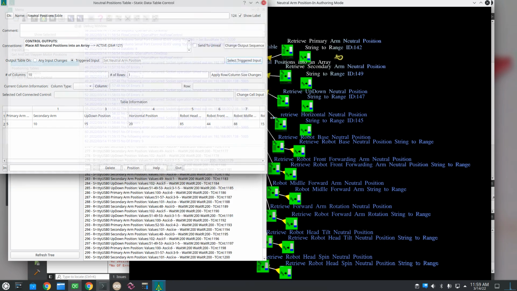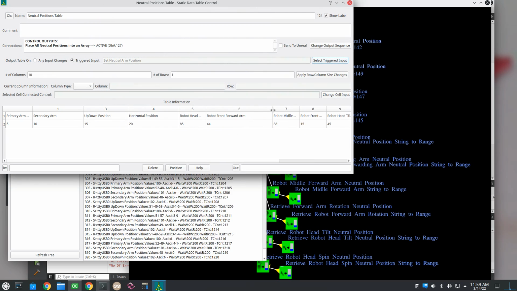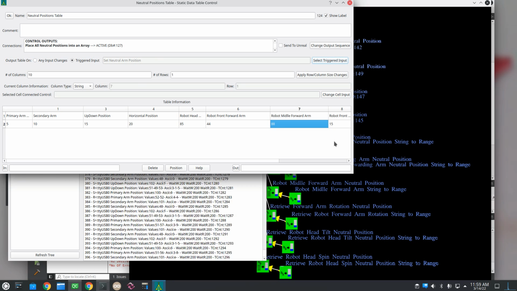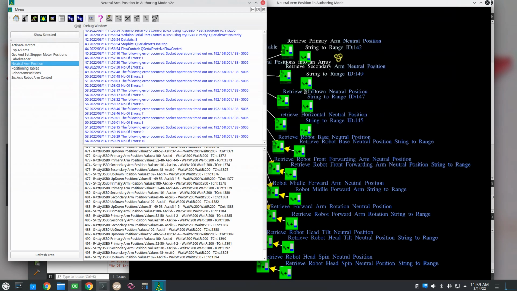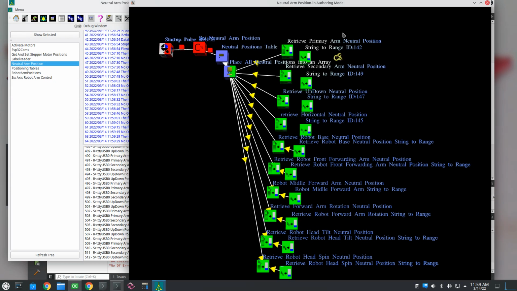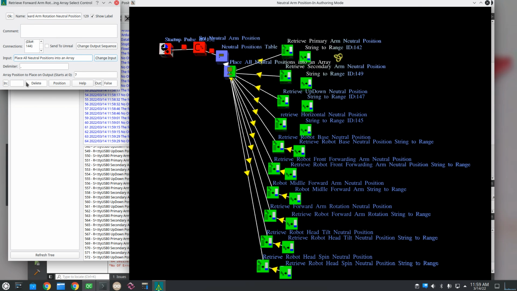those robot arms. And these are the ones like the robot middle arm that goes forward on that end robot that was in the last video. It's set at the 88 position. But anyway, here's all the neutral positions of all the robots, including the primary and secondary arms that go in and out of the trays. Now that goes into each of these guys, and these guys pull